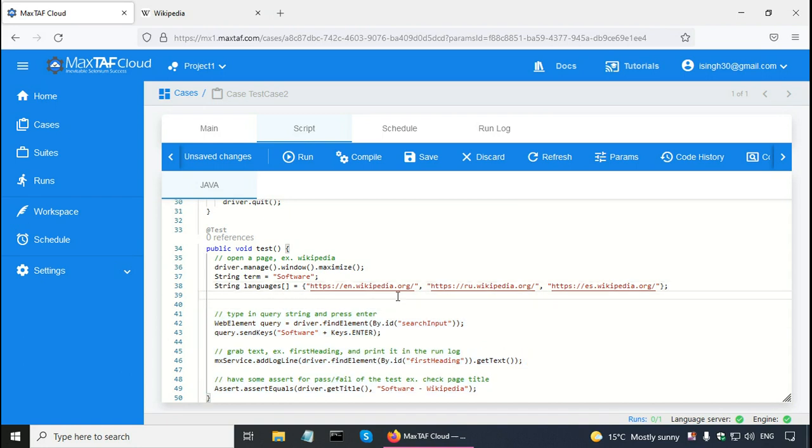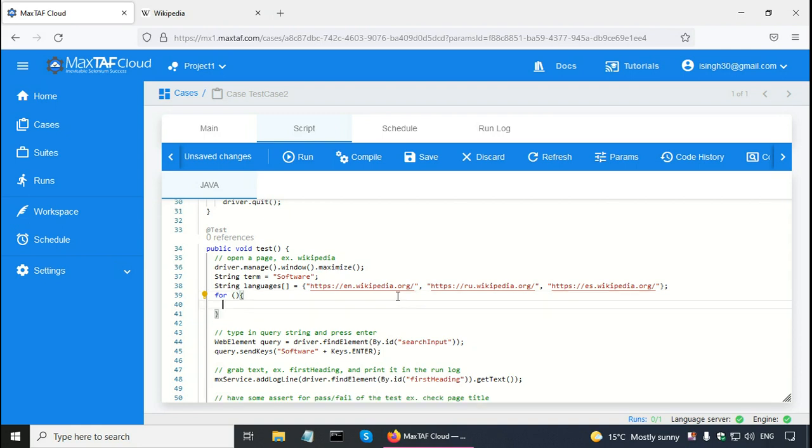So in Java there is a for loop available. So for, and then within brackets we can give some statements, and then we have the curly braces. Now here the first statement that we have to give in the for loop is the starting condition. So I'm going to create a variable I and assign it an initial value of 0. So my loop is going to run with value of I as 0. Then second statement in the for loop, we have to give the condition. So the condition is I less than